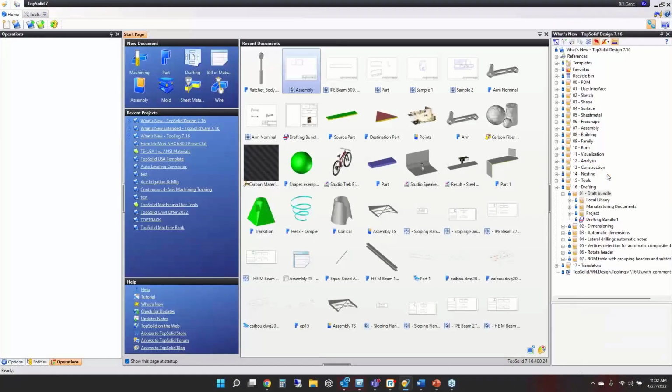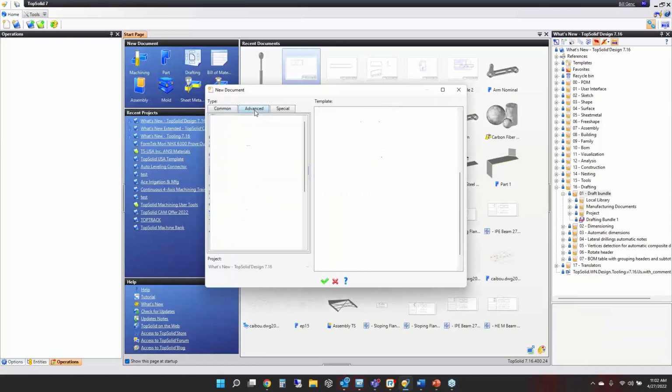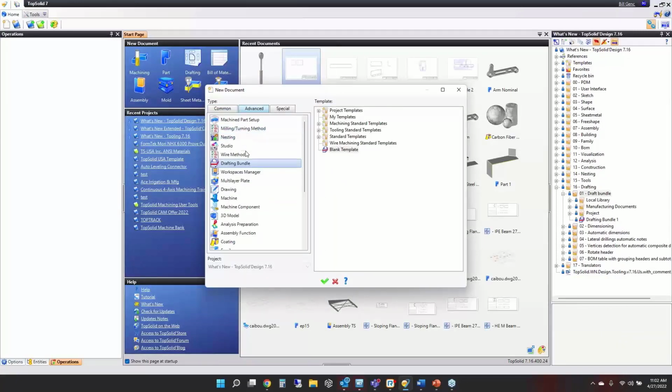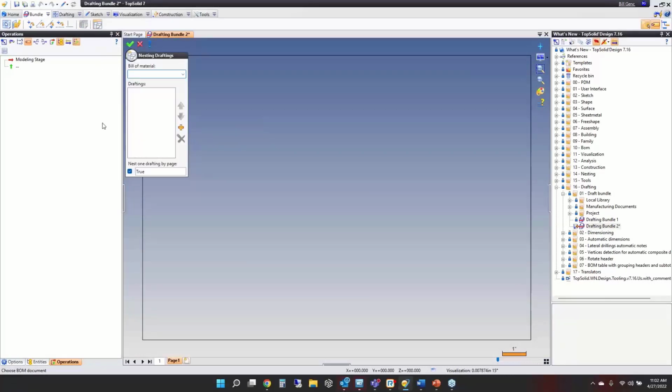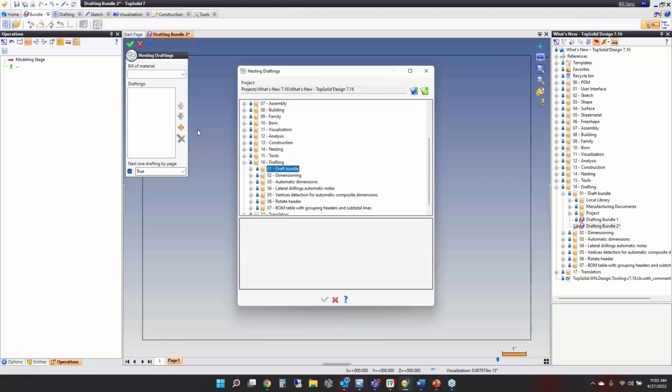So I'm going to just make a new drafting bundle on the fly. And if you've never done this, consider this your tutorial on how it works. So we're going to start with the drafting bundle. We'll just escape out of that inclusion. And this new command here is what we're going to deal with. It's called nesting draftings. Now, first I want one drafting by page, so I want to make sure this is set to true. And then I use the special inputs button here to browse and select the drawings that I